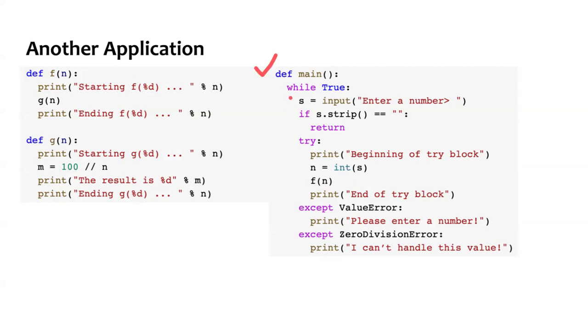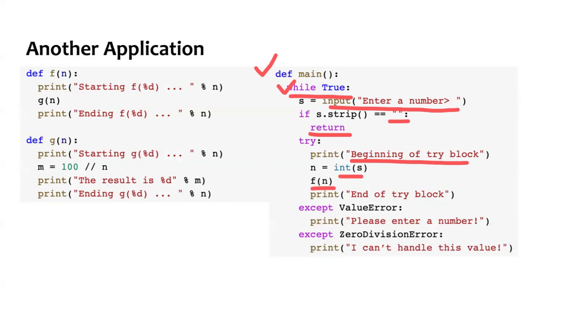Look at this main function. This one receives some text input from the user. If the user enters nothing, then this function returns. Otherwise, it prints the beginning of try block, and then changes the input to an integer and calls the function